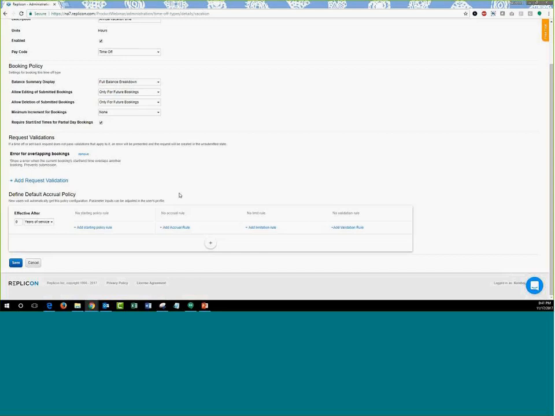With regards to setting up the policy, we give you the liberty to choose when the policy comes into effect. We have a choice of X years of service or months or days of service, and you can set up your policy effective date according to that. Additionally, you can start the policy by giving some amount to the user, so you can have a set balance set up, and you can provide that to the users when they start with their time off policy. The next is your accrual rule.